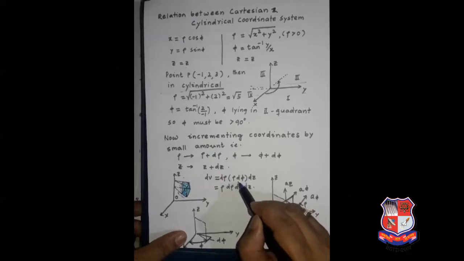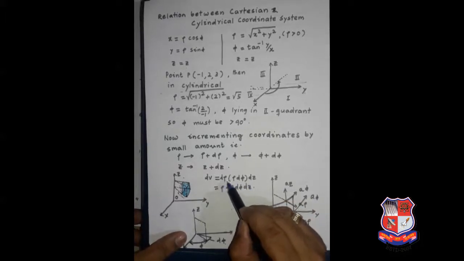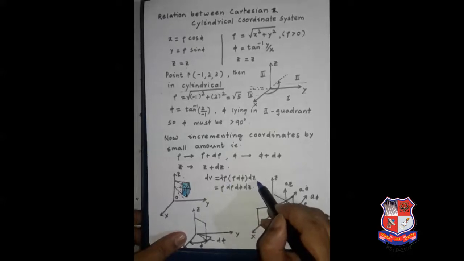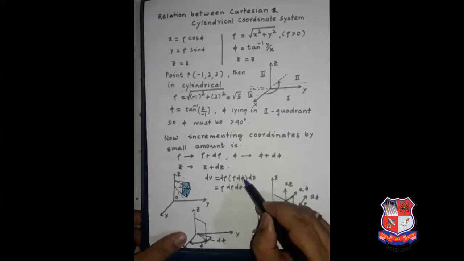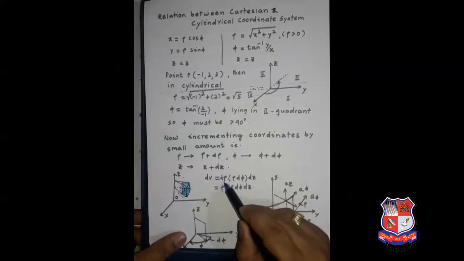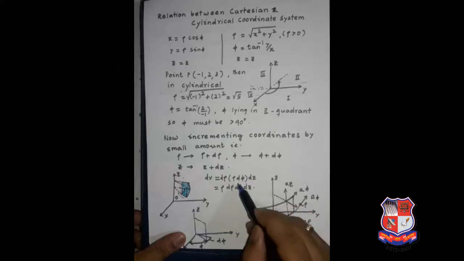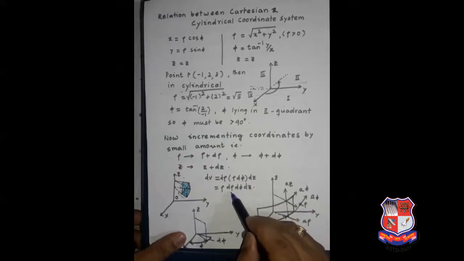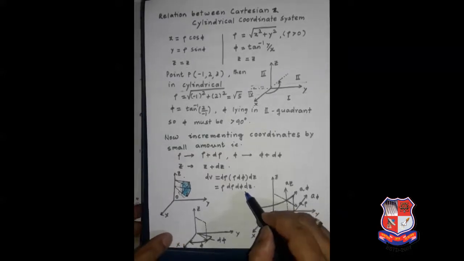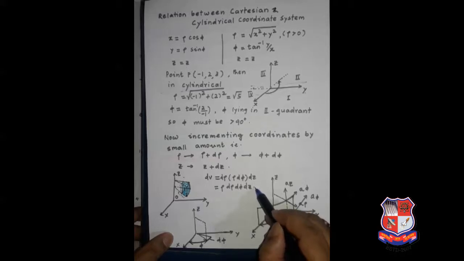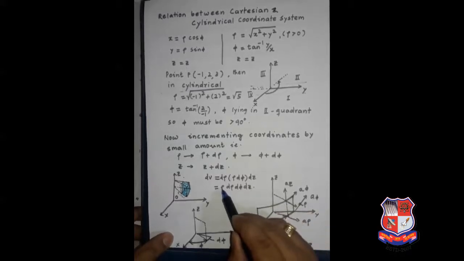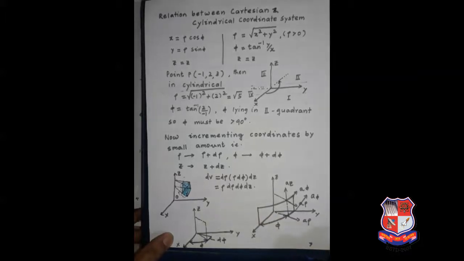You might be thinking that it should be d phi only, but not actually that, because here rho is in length units, z is also in length units, and phi is an angle. So we have to convert to get the volume. All these three parameters should be in the same unit. So when phi, the angle parameter, is converted into a length parameter, the rho term will be multiplied. Rho d phi dz. This is the volume expression. This will be used when you do the volumetric integration or the 3D integration. This dv expression is used for the cylindrical coordinate system.